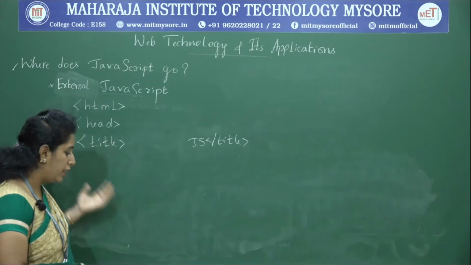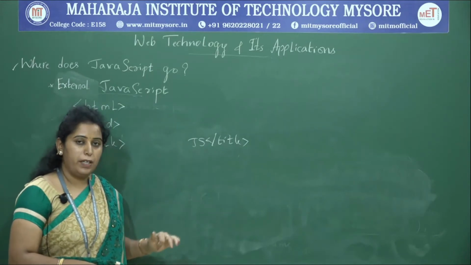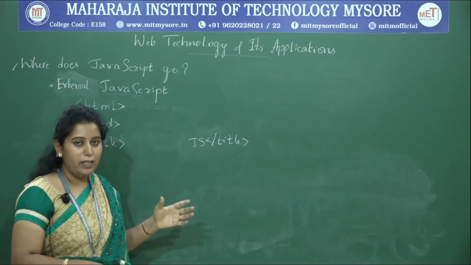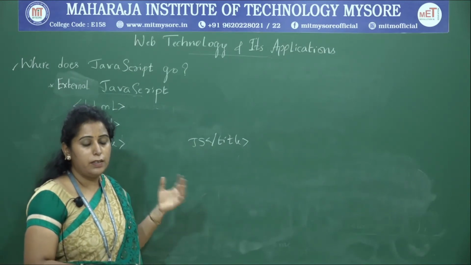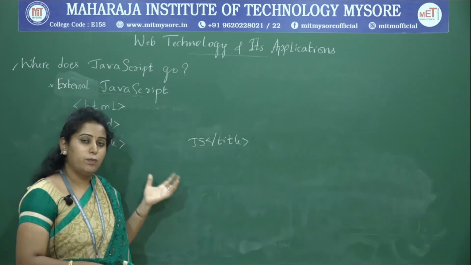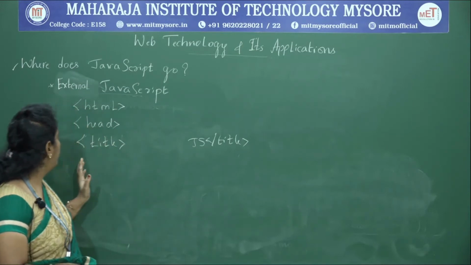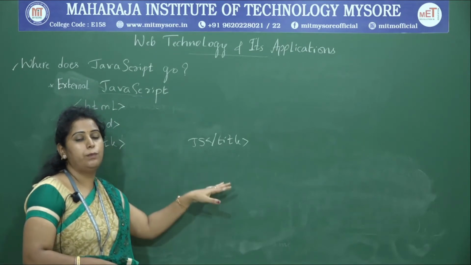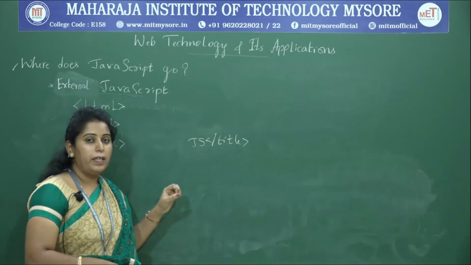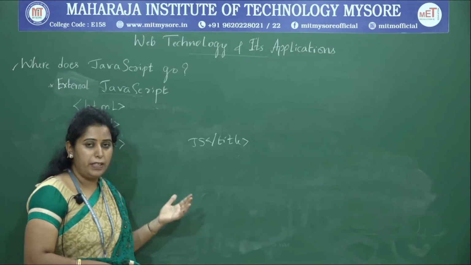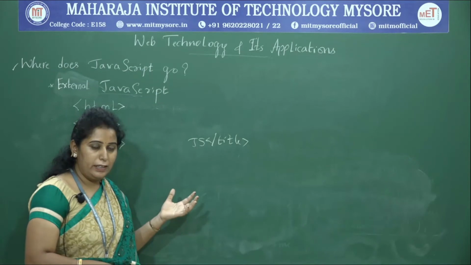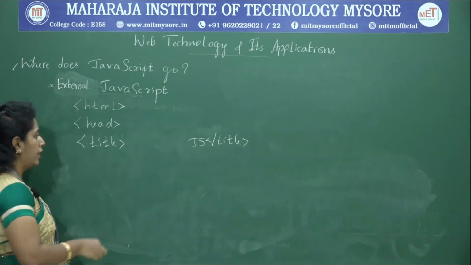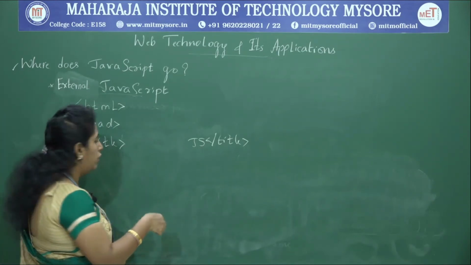Why? Because in inline JavaScript and also in embedded JavaScript, the JavaScript and HTML code will be written in a single file. If you want to debug, it will be difficult for you, is it right? Since both will be in the same file. If we make use of an external JavaScript, HTML will be in one file and JavaScript in another file. So it will be more useful for better maintenance and also for debugging. That's why external JavaScript is more beneficial. Let us take an example of how to implement external JavaScript.